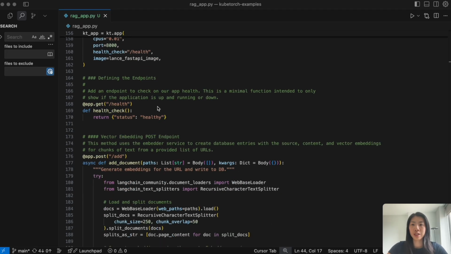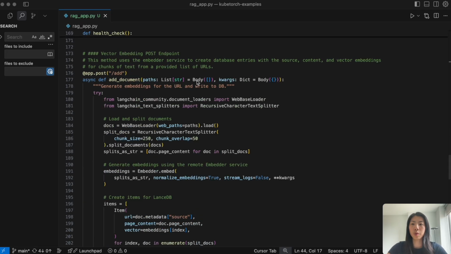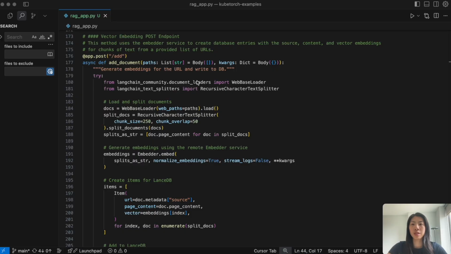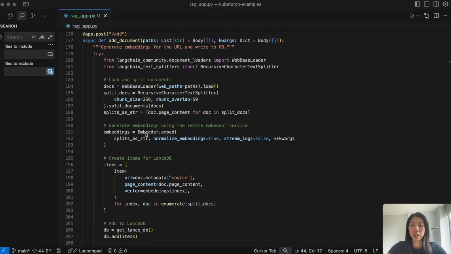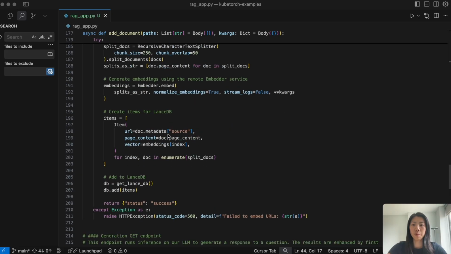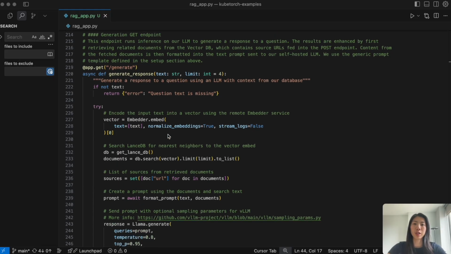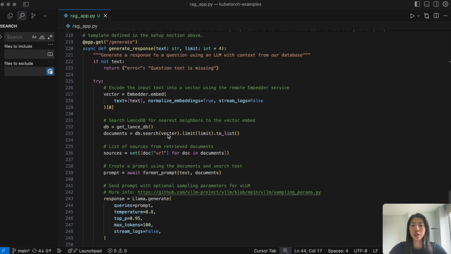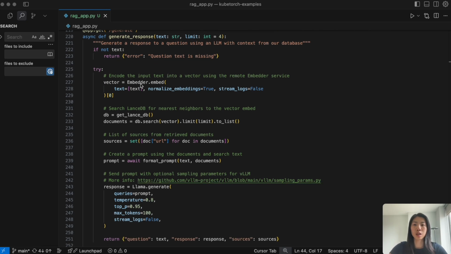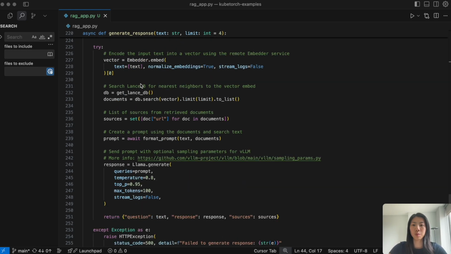Now, defining these endpoints, we have our health endpoint. We have an add endpoint, which generates embeddings for the URL that you specify and writes it to the database. Here you can see that we call the embedder class that we just defined, and we call its embed function. We also have a generate endpoint that generates a response to the question that you give it. You can see here that we're also making a call to the embedder service that we deployed and also to